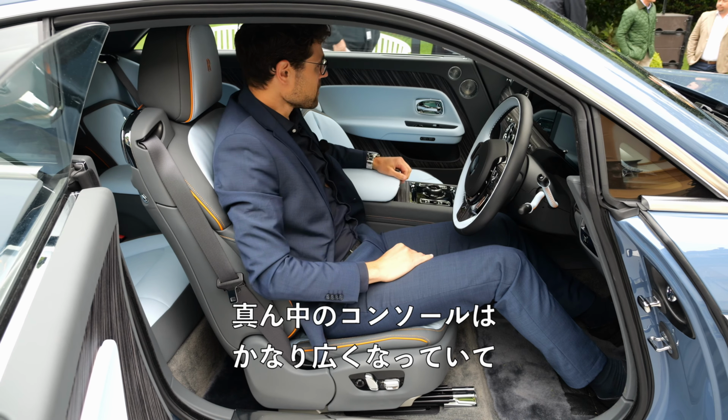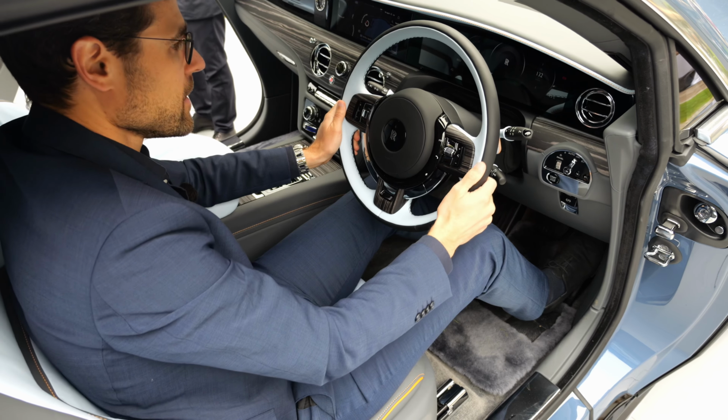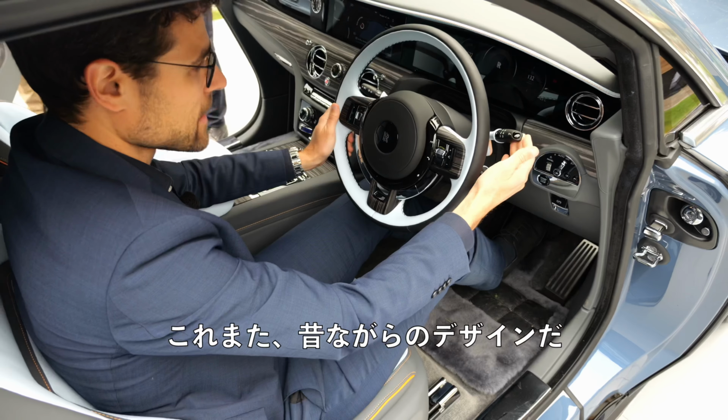Towards the middle console, it's actually quite spacious. And I really like that they have picked up this star scheme also in the passenger screen. On the steering wheel here, real buttons, for example, for setting the cruise control and also here for controlling the volume. So not everything is then touch. I really like to still have a haptic interface with the vehicle. Here, for example, and also for the shifting lever. This is also this old school design. Just put it here and put it down for the...